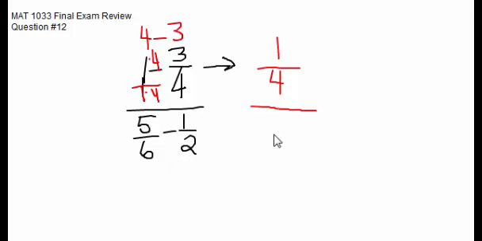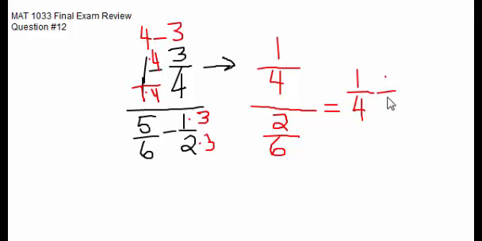Okay, same thing on the denominator. I've got to get a common denominator, which is 6. Now this is already a 6, but this isn't, so we would multiply top and bottom by 3. And then we would have 5 minus 3, which is 2. Okay, now I know this reduces, but I'll wait until I rewrite this in its multiplication problem form. So I've got 1/4, and then divided by 2/6,